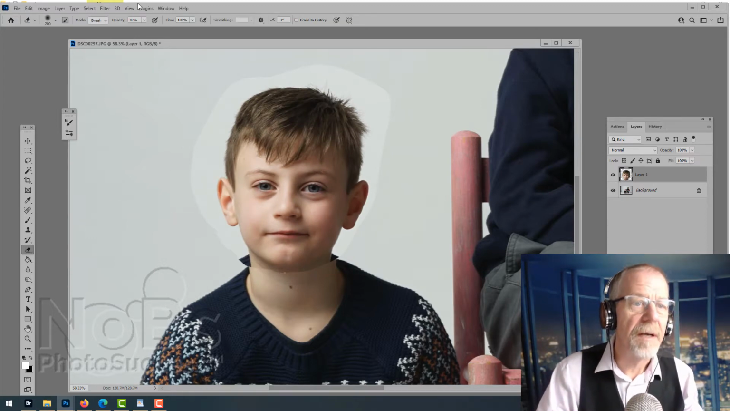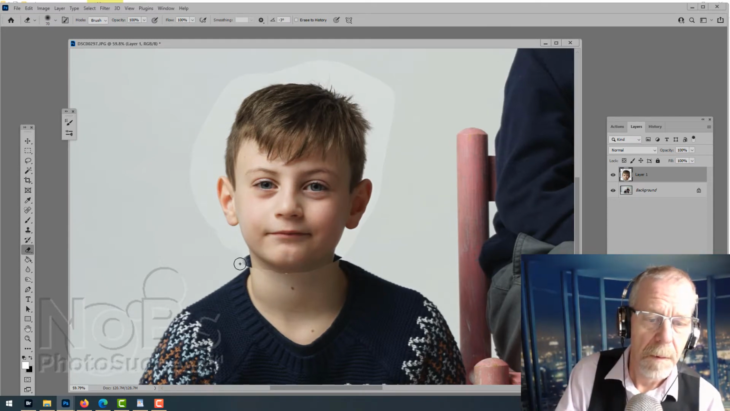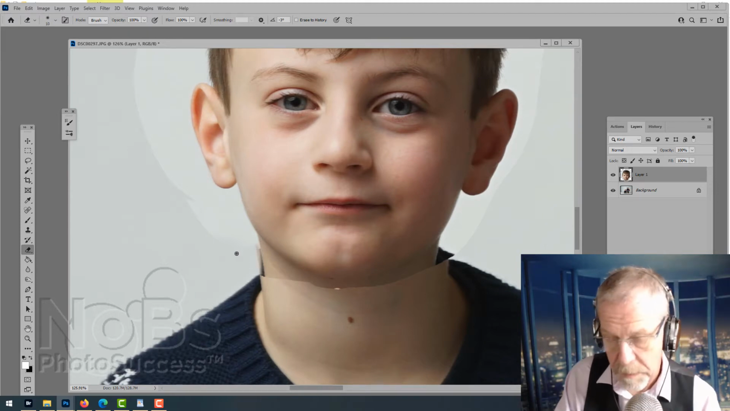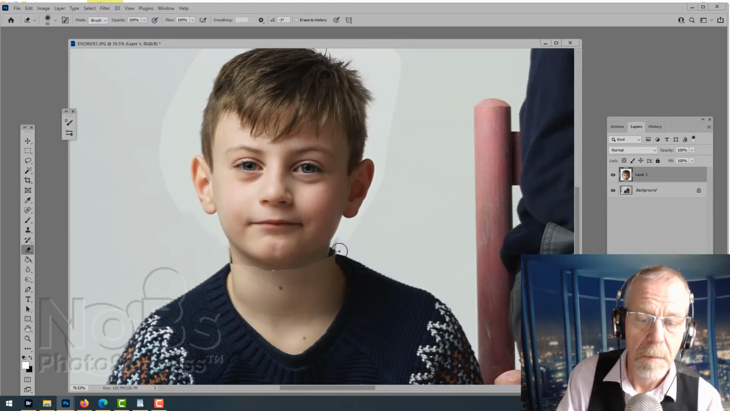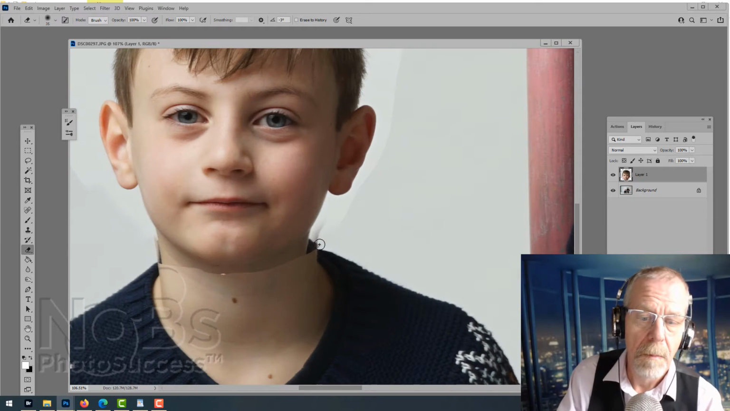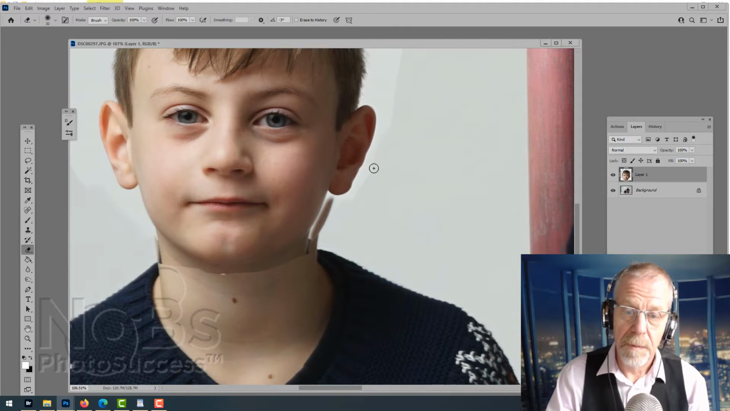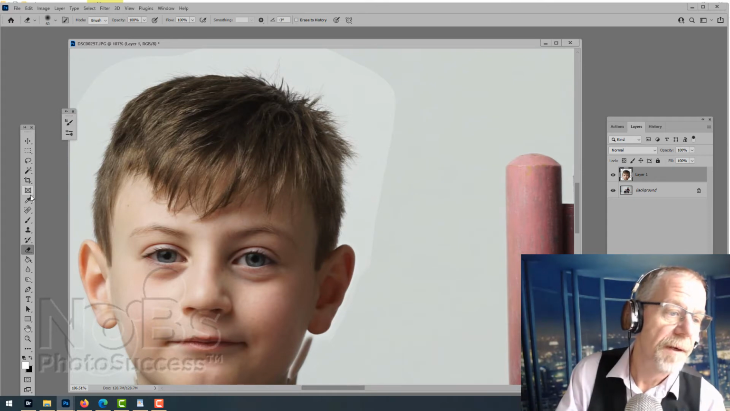opacity back up. I'm going to try the erase tool. Bring the opacity down on the erase tool. Scrolling in. You'll notice the tones are different. I'm going to come fix this up later. Okay, what I'm going to do now,